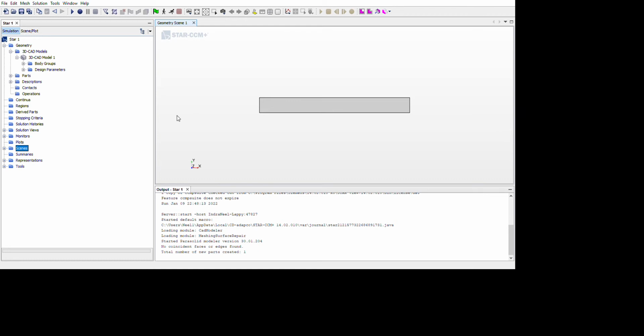Now in StarCCM, if you look properly, there are two meshing modes. Yeah, in operations there is one meshing mode over here. This is called parts based meshing, and in the continuum there is another meshing continuum which might be region based meshing. The region based meshing is something like old school meshing, and the parts based is like new school, because parts based meshing offers various advantages over region based meshing.